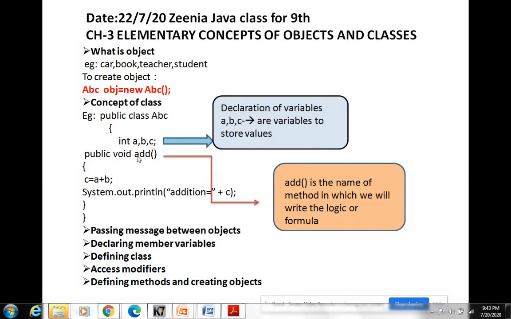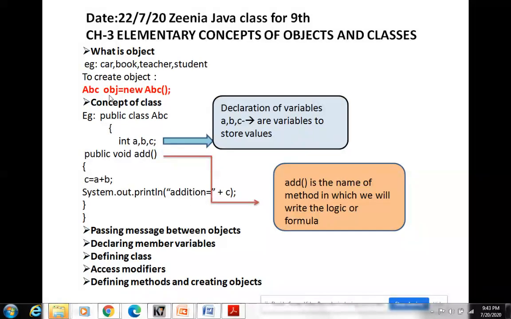So you will be calling a plus b. That means you will be calling this method. You will be putting these two values a and b, and plus is the operation, the calculation or the logic which we are putting, and in c we will be getting the result. So with the help of this System.out.println statement, we will be getting the answer, that is in c.